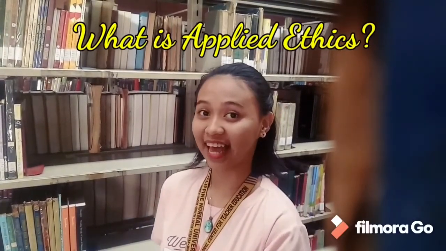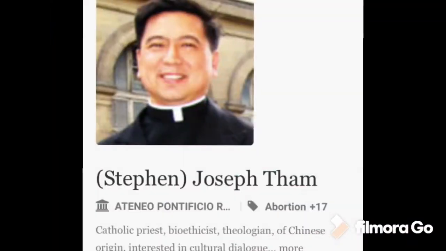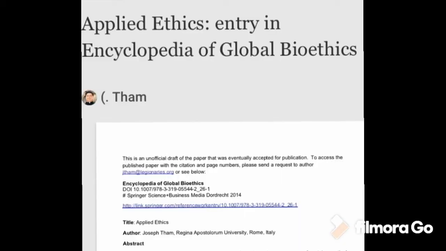What is applied ethics? According to Childress J. 1986 in the study of Tom J. 2014, it is the application of ethics to special arenas of human activity such as business, politics, and medicine, and to particular problems such as abortion. Furthermore, Coles T. 2012 stated that applied ethics is the art or science of reflecting on moral dilemmas and moral problems in different social contexts.